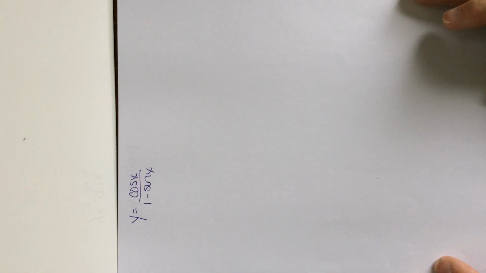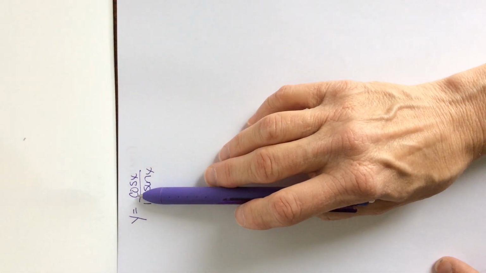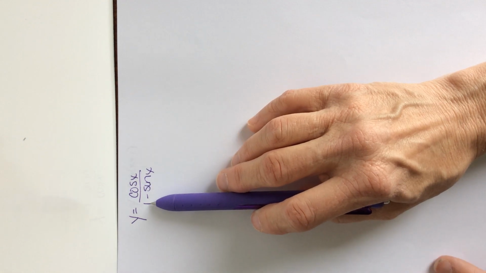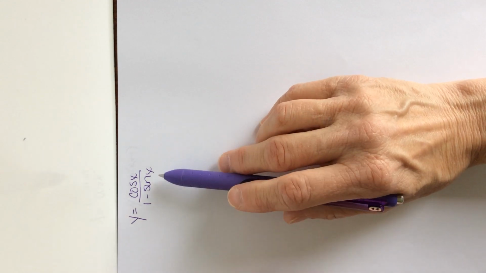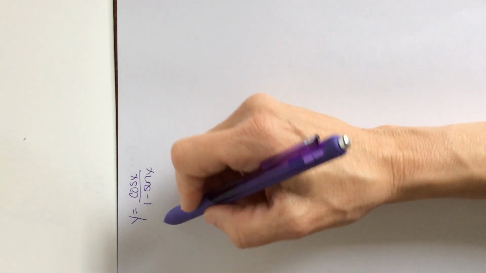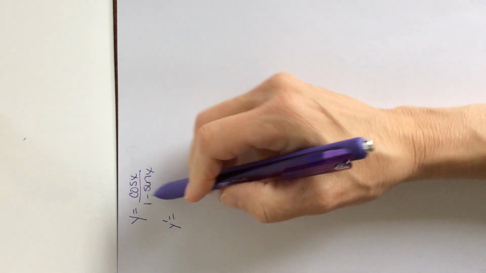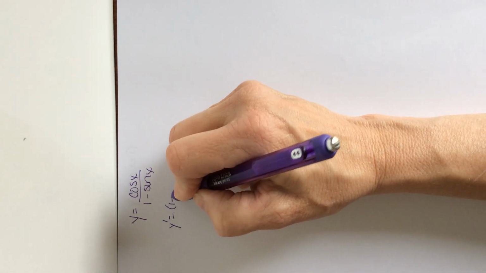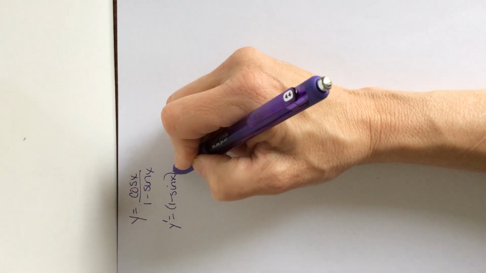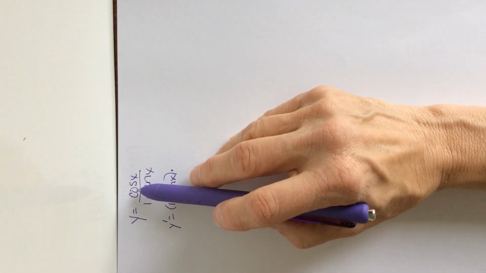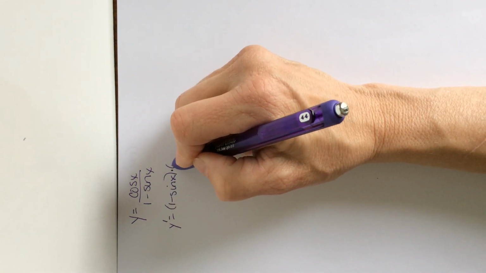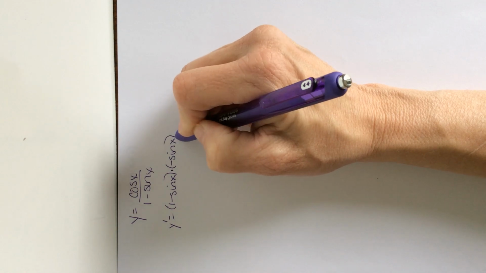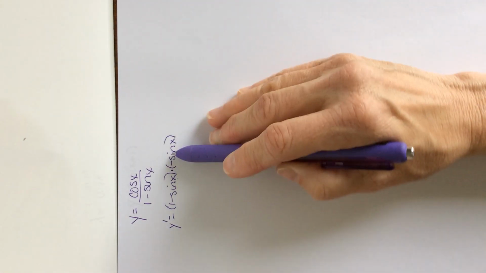Our next example, if you notice, is going to involve the quotient rule. We have y equals cosine of x over 1 minus sine of x. So remember yodeling: low d high minus high d low over low low. So y prime equals, I'll take the low, which is 1 minus sine of x. I will multiply it by the derivative of the high, and the derivative of cosine of x is negative sine of x. So I've got low d high